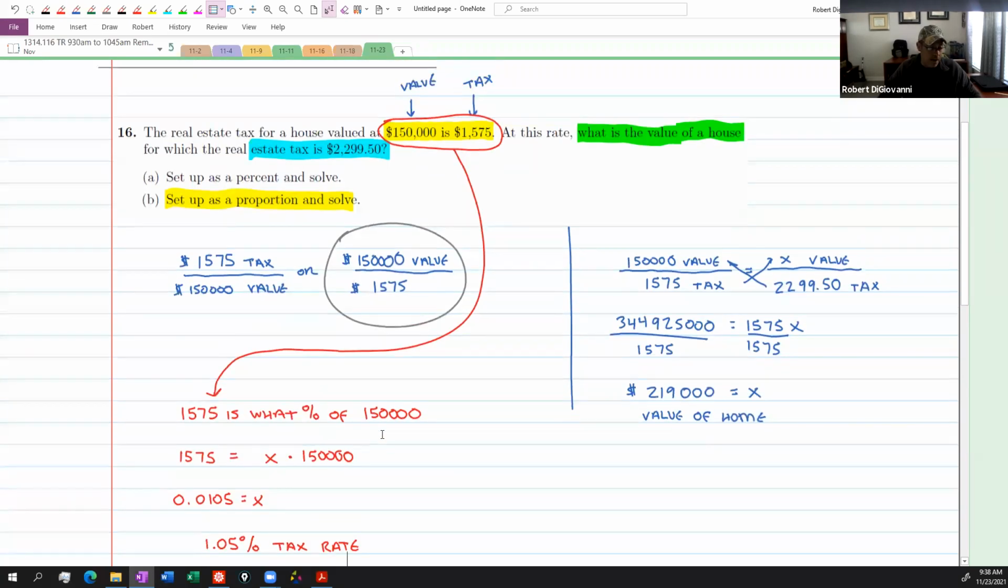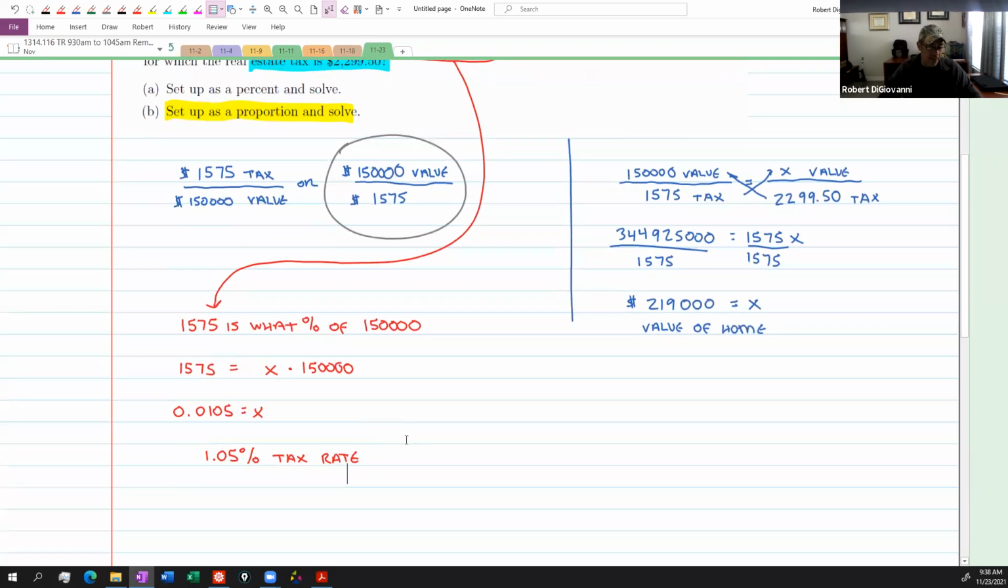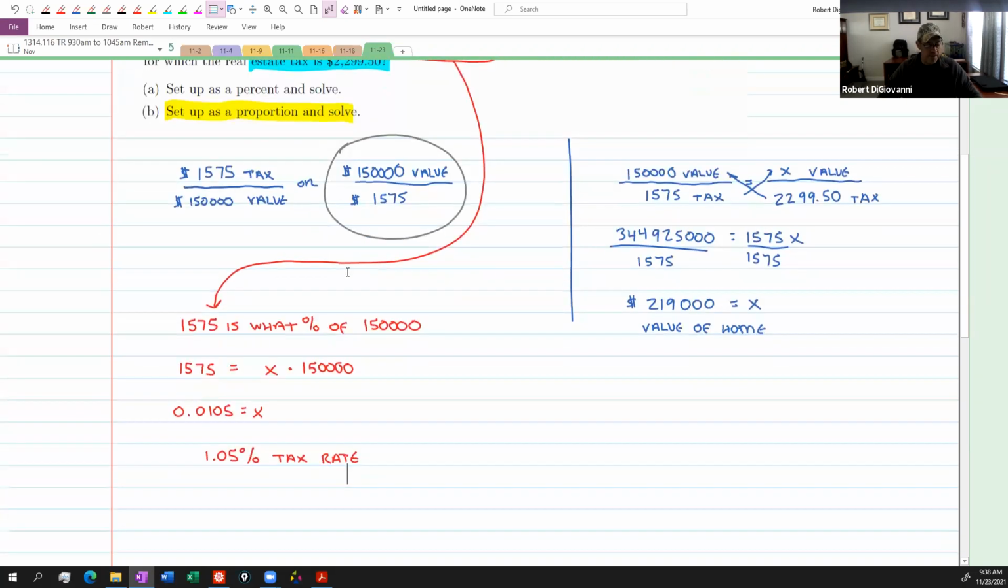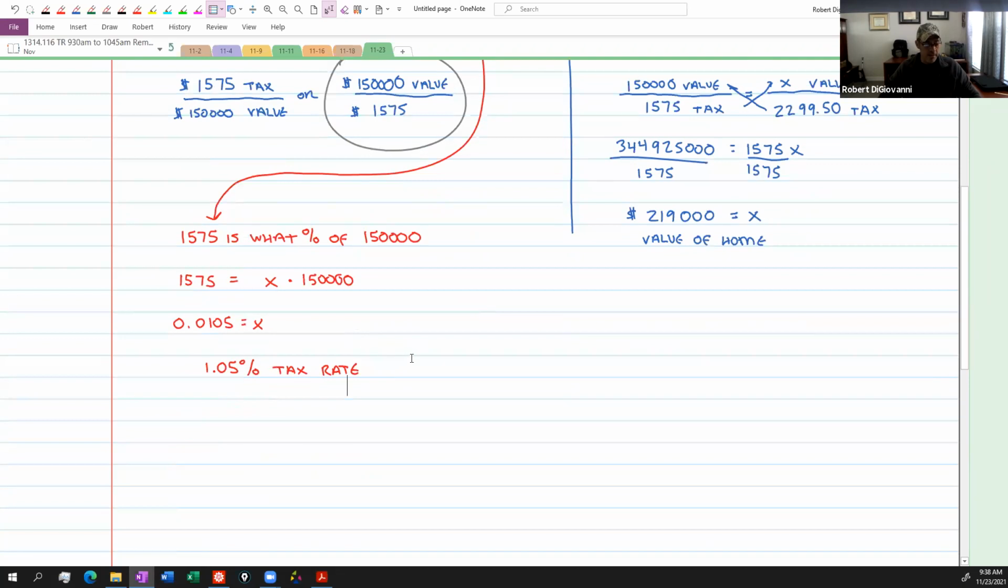Now, we're not done, okay? We're not done. Now we're going to answer the question. We want to know the value of the house, right? So what we'll do is we'll say, all right, the value of the home, right? X is the value of the home